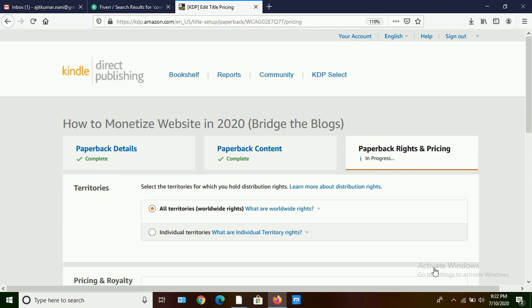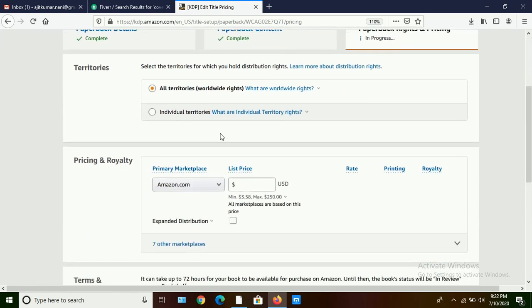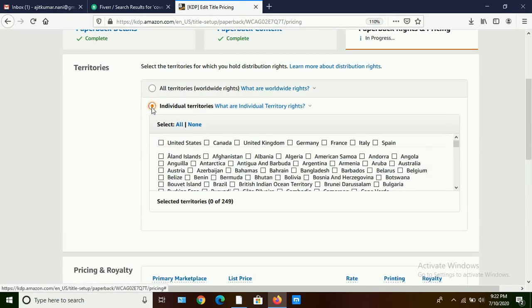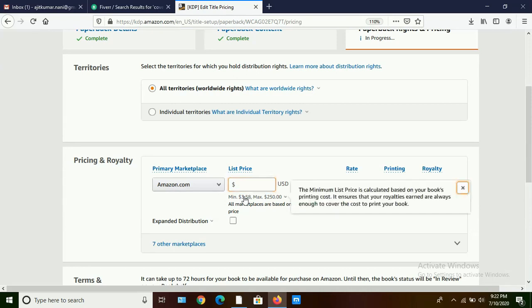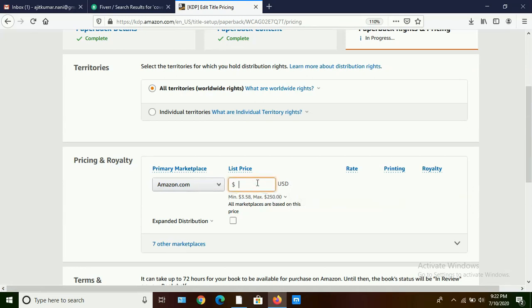Then we are entering the third page. Even here we can publish all over the world or in any particular country, but I want to publish all over the world. Then here we can keep, there are specific limits, from 3.58 to $250. Okay, I want to keep it as $15.